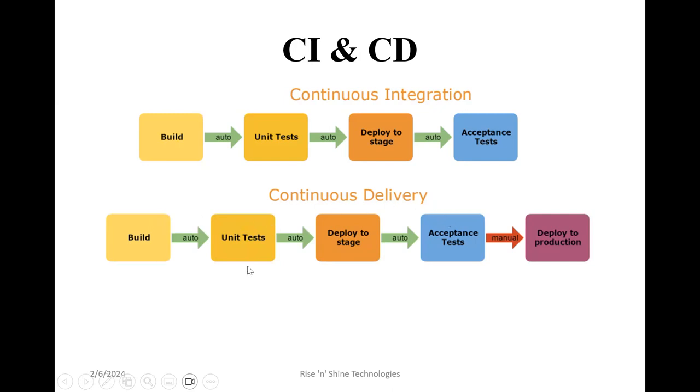Yes, so here, once integration is done, now we have UAT environments and production environments, right? The main objective is production. But once evaluation is done, and you are promoting these changes to the production environment with a manual approach, so manually verifying that and manually accepting the process, if a manual process is involved, then we say that it is delivery.